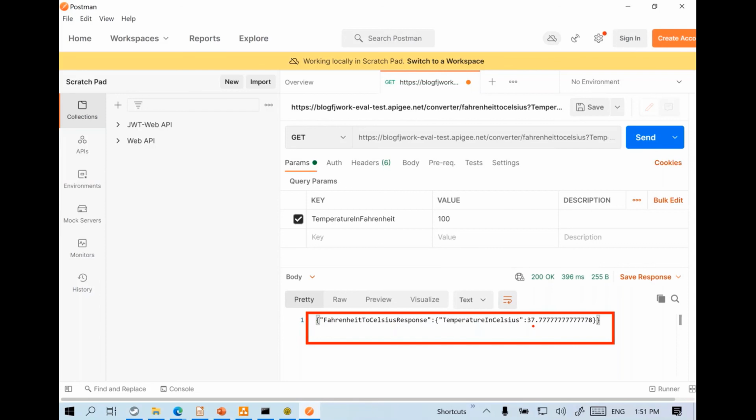So even though the underlying service is the legacy SOAP XML based service, since we have modernized it without writing even a single line of code by using the API gateway, it's using the modern standards automatically. So we have the response in JSON format this time around. And even this format can be changed as well. Like if you don't want the Fahrenheit to Celsius response, you can remove it. You can rename this thing.